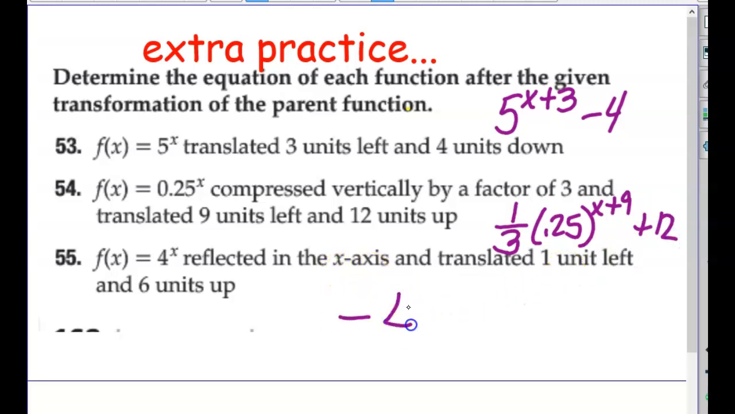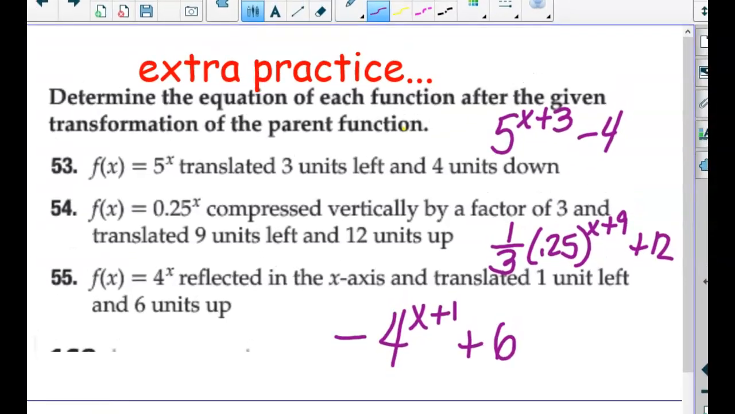Reflect over x would be out in the front. Translated 1 left and up 6. So there's just a few more examples of how those are written. Are we good? Okay, is anybody totally uncomfortable because I went way too fast? Or does it seem pretty much, as long as you get to use your calculator, it seems